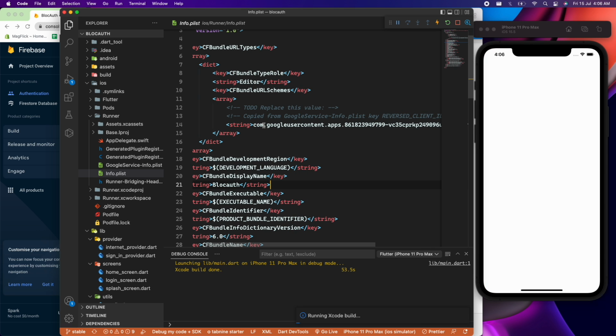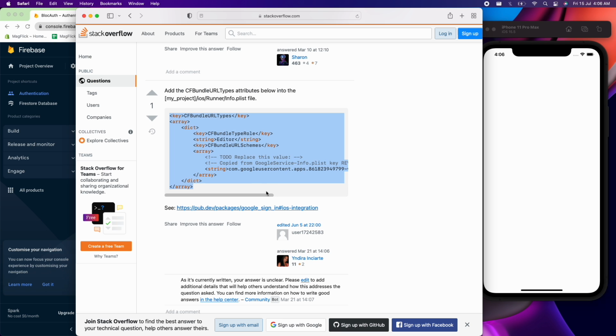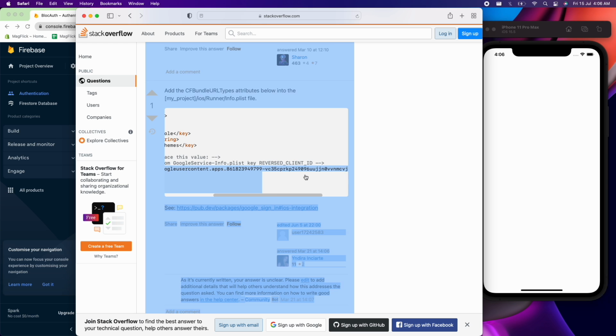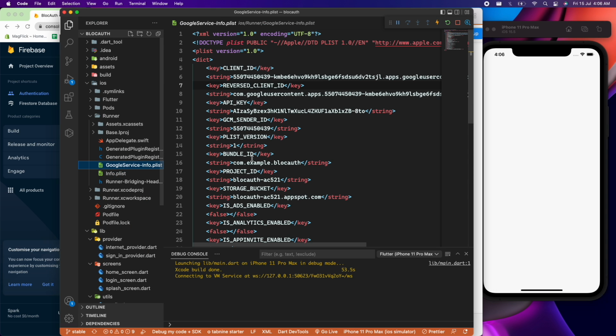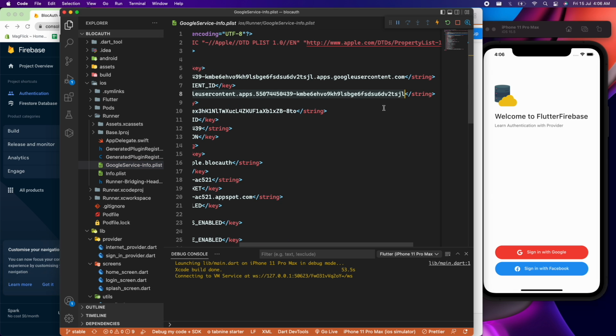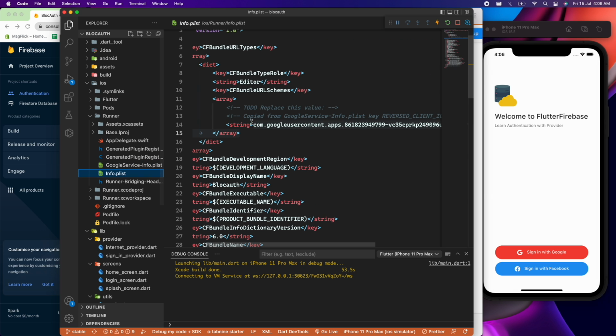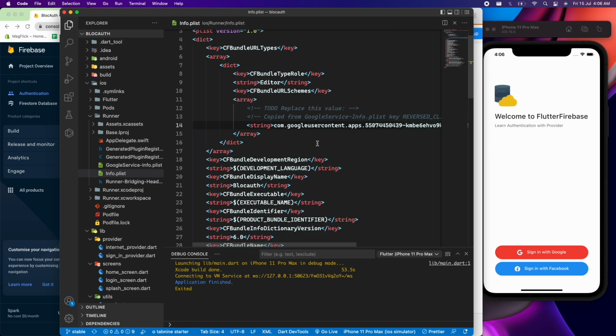No, this won't be working fine because there's an issue here. We copied the code from this and we forgot to place our own value here. So let me just copy this, and now if I paste this here, and then reload,